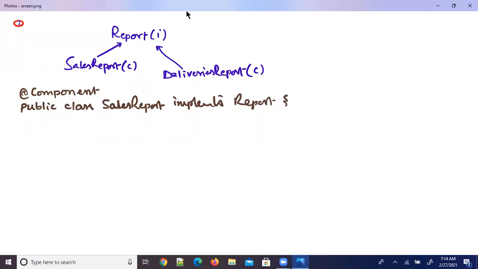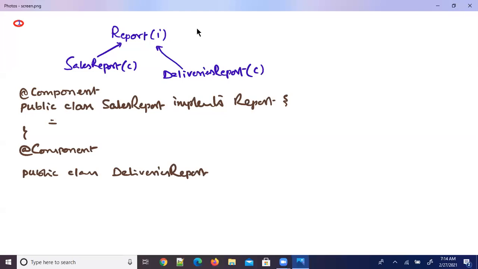This is one class. Another component I'm writing is DeliveriesReport, public class DeliveriesReport, which implements Report.